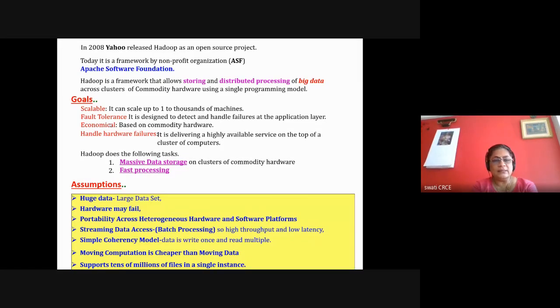Okay. Then the next assumption is that it allows you to have streaming data access. Meaning your data is processed in terms of batches. So it is sequential processing. In other words, it is stored in the form of a file, and it is sequential processing. So maybe there is high latency, but there is high throughput. Okay.